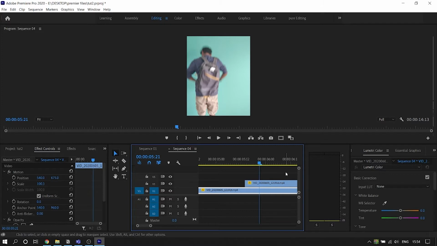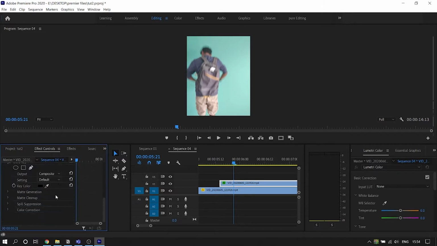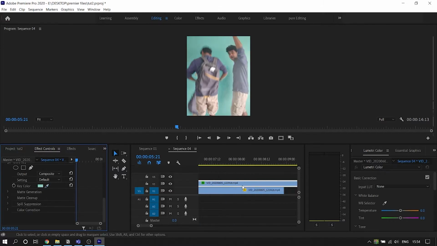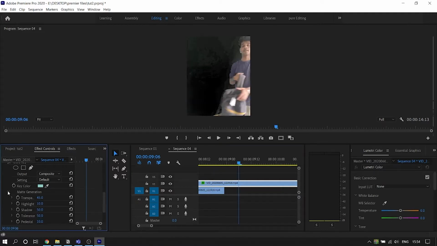Alright, so now that we have aligned it, now let's put on an ultra key on the upper layer. Alright, so click on this layer, go in the effects panel and search for ultra. Alright, you'll find an option called the ultra key, then just drag it on this clip. Alright, so go in effects control and let's change some settings. Now we have to key out this green, so click this color picker and just click somewhere on it. Now to get a better reference, just go in the black area so that now we can understand where it is required. Now change the values so that you get the required result.